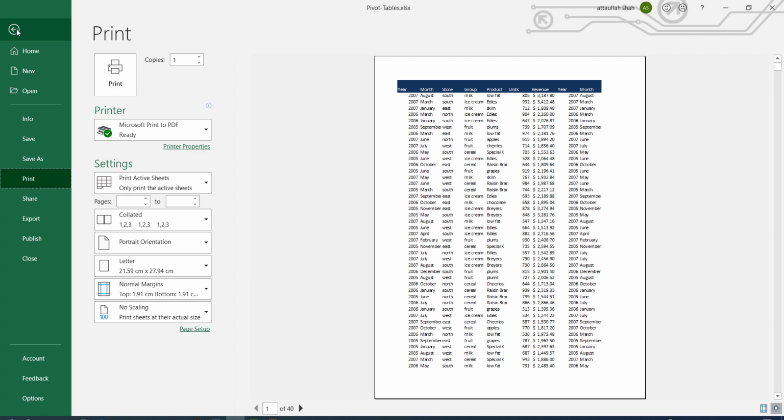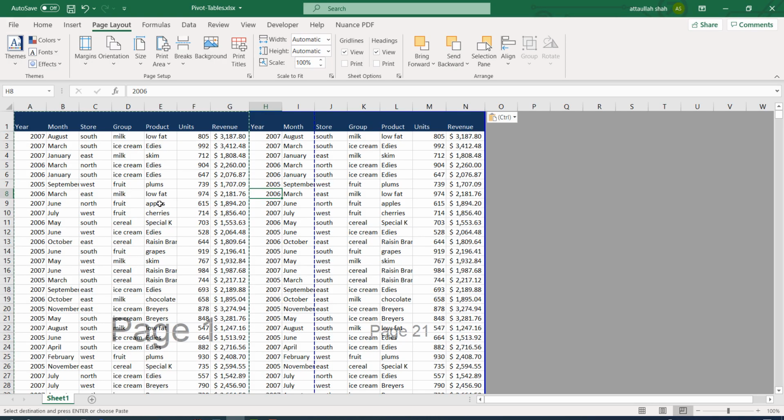We have several options to do that. The first option is to convert the orientation of the page from portrait to landscape. So the current orientation is right now portrait. That is, we have more vertical space and less horizontal space. On the other hand, in landscape, we have more horizontal space.